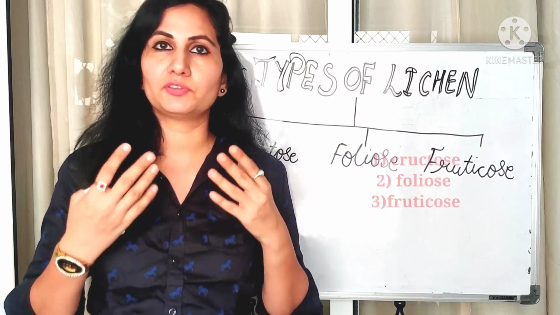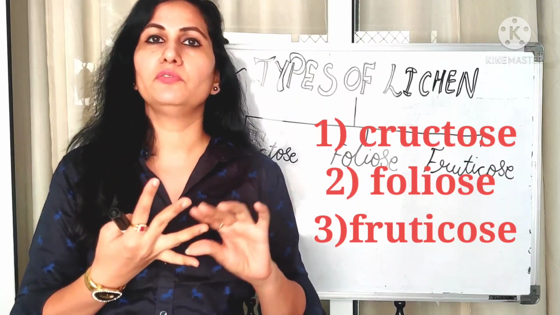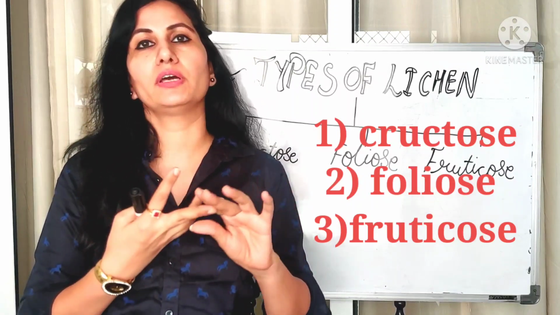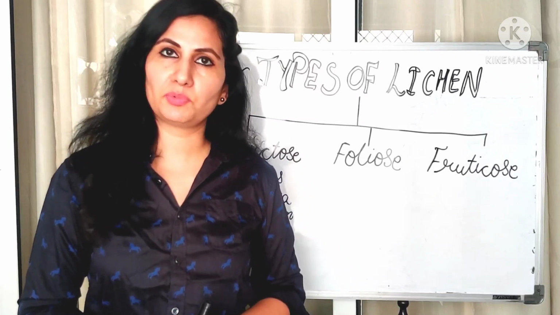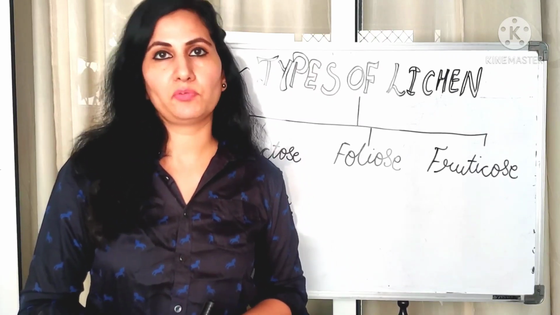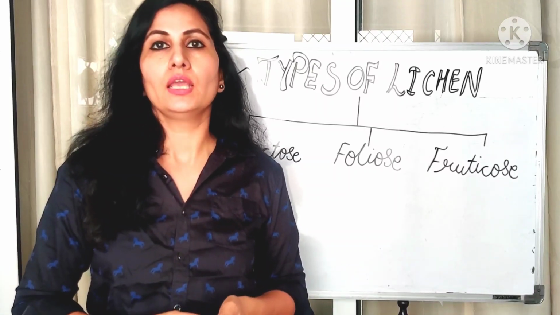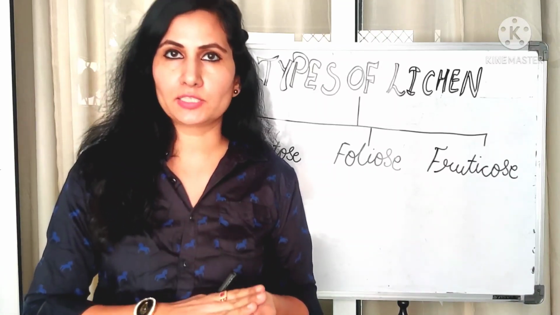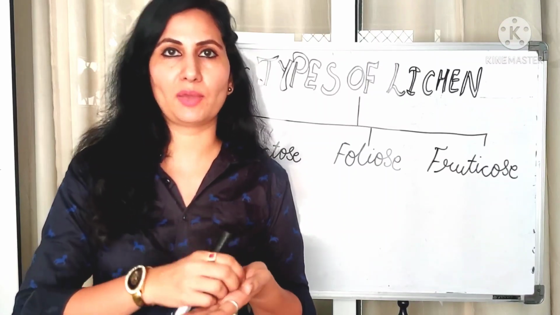So friends, there are three types of lichen. First is crustose lichen, second one is foliose lichen, and third one is fruticose lichen. First of all, we'll discuss the crustose type of lichen. Crustose lichen grows parallel to the substratum. They are so tightly attached to the substratum that it is very difficult to separate them